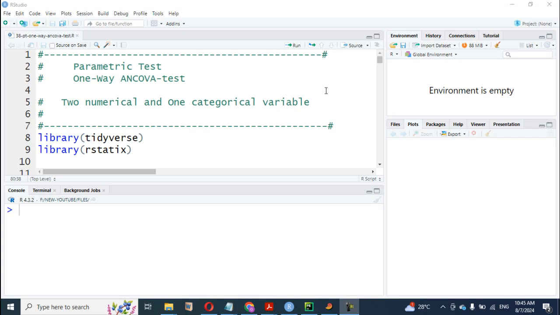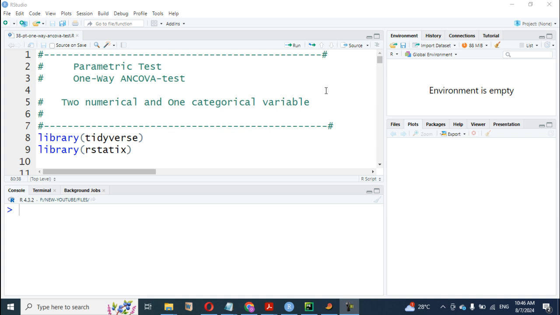All right, welcome to another parametric test called one-way ANCOVA. This ANCOVA test is a very important test under parametric tests, even though it's not usually used by many people because of the understanding. But we want to look at it in detail, and this will help us to do a proper application of this test. We have to know which area it's applicable in, and for anyone who's interested in using it, you